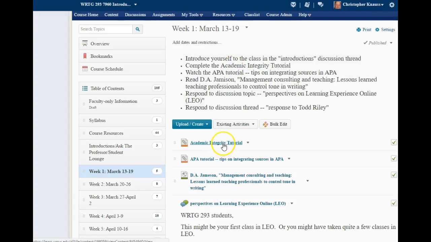There's an academic integrity tutorial, which is a great thing to go through just to be sure you're on track with citing sources properly. And I believe there's a quiz at the end of that, and a certificate, but I don't need that. There's a quiz in week 2 that will actually quiz you on what's in that tutorial. So that's what's going to be graded. So that's all I need, is to see your grade on your quiz.